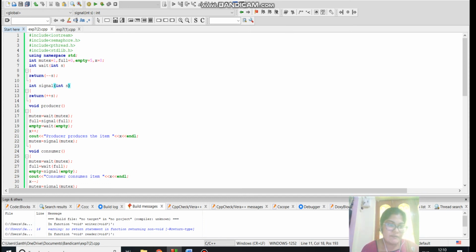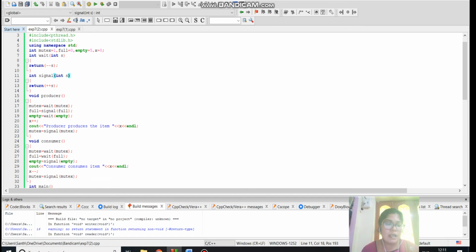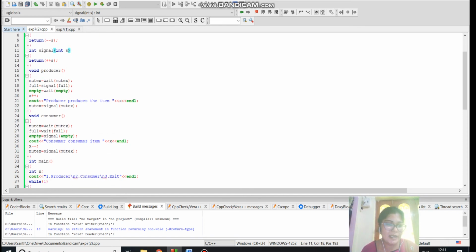Void producer, now we are doing the process for the producer. Mutex equal to wait(mutex), full equal to signal(full), empty equal to wait(empty), x plus plus. Cout producer produces the item x. Mutex equal to signal(mutex). Now we will do the consumer, the same process repeated.